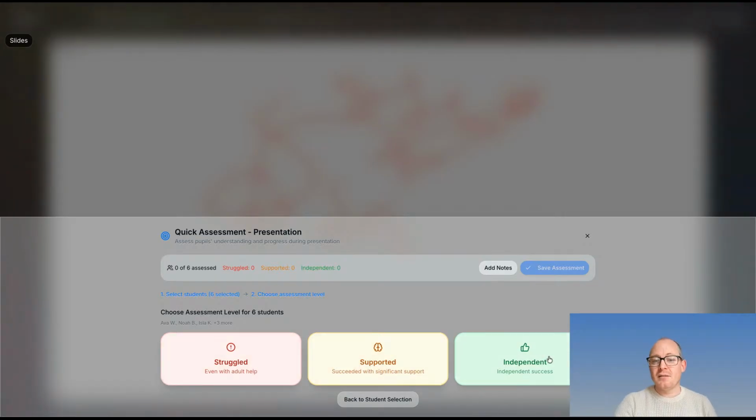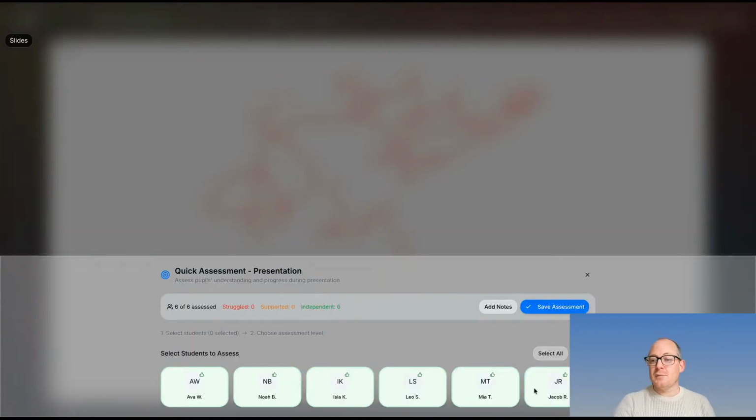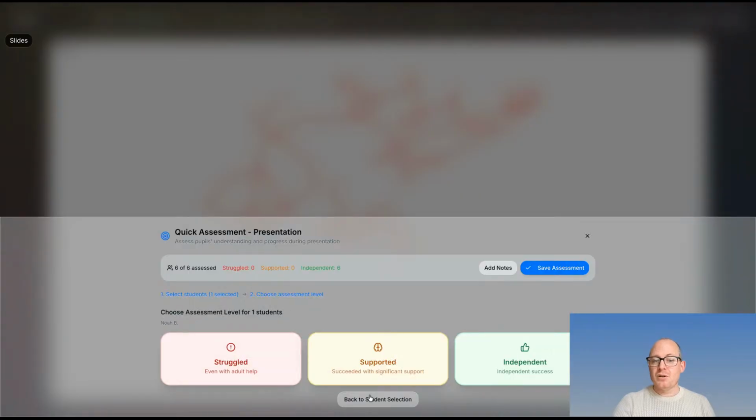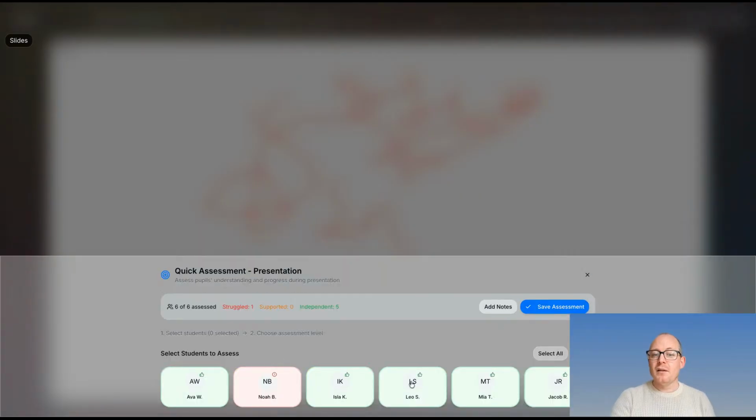Could they do it independently? If not, could they do it with support? If not, then they struggled. And I can select everyone to be independent, and then maybe Noah struggled, so I'm going to pop him there. Maybe Leo needed a little bit of help, but then was able to get on. And again, there I've got